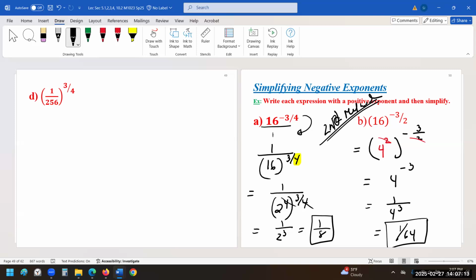So I'm showing you both methods. You can get rid of the negative fast, turn it into a fraction, or you can get rid of the denominator fast by rewriting your base and then get rid of the negative. So it's only a problem when there's a negative inside the parentheses and your power is even. If it's positive, it's still fine when the power is even on the outside.